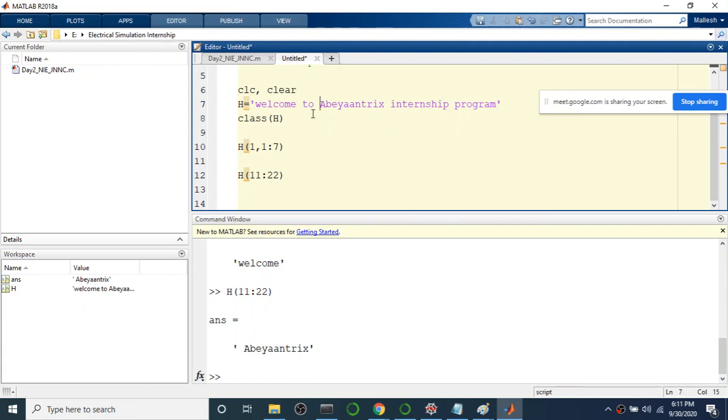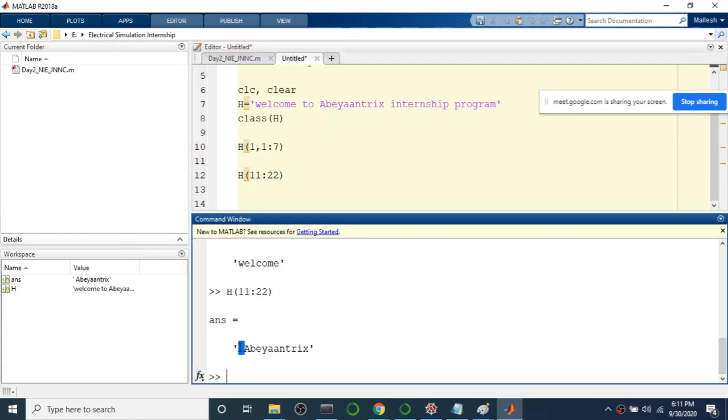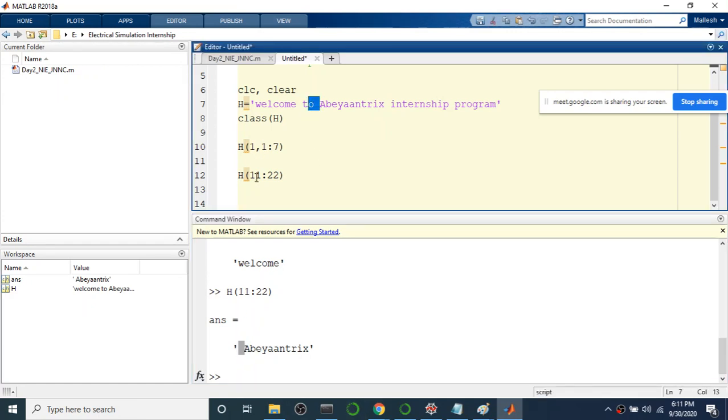But actually it is the 12th, because I selected 11 and you can see there is one space over here. This is because the 11th character is a space. But if I mention h of 12 colon 22, I'll still get Abhiyantrix as the output without the space. You can see the difference.